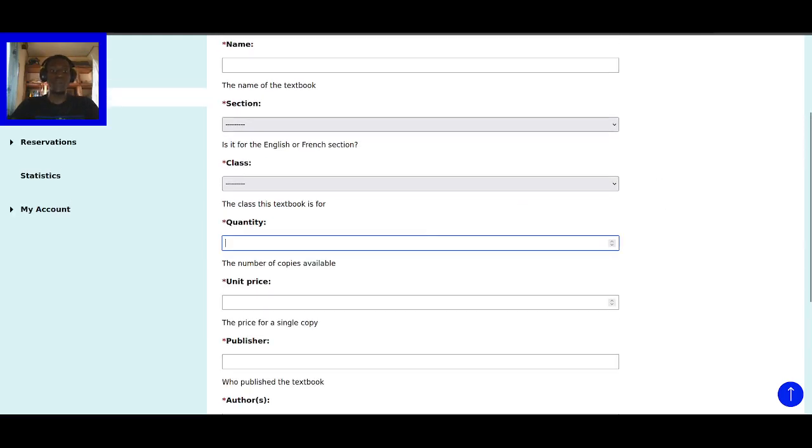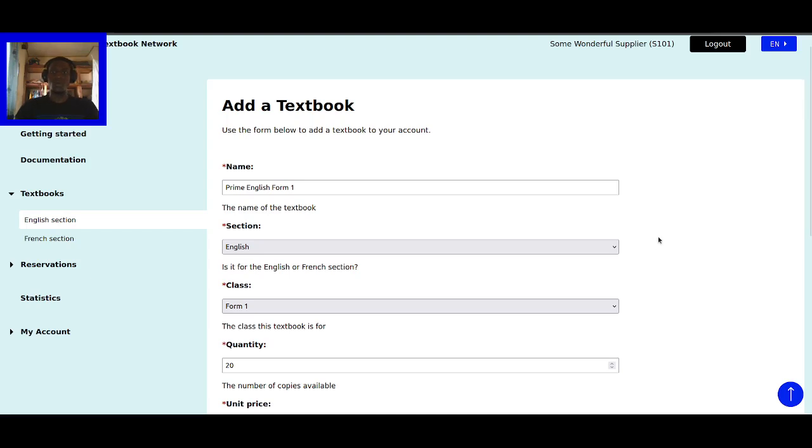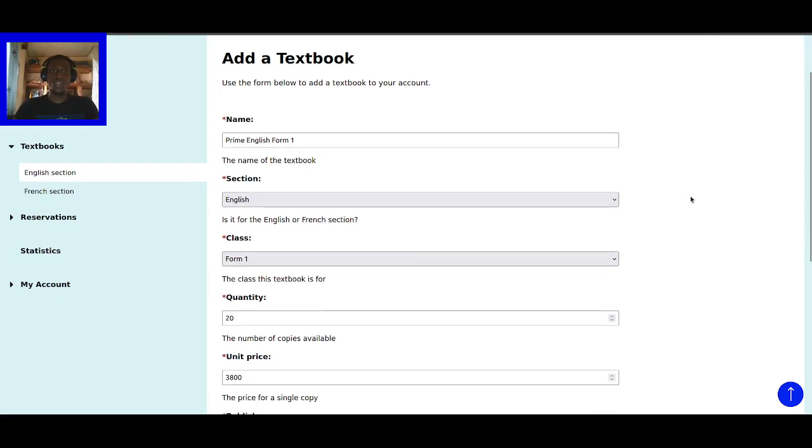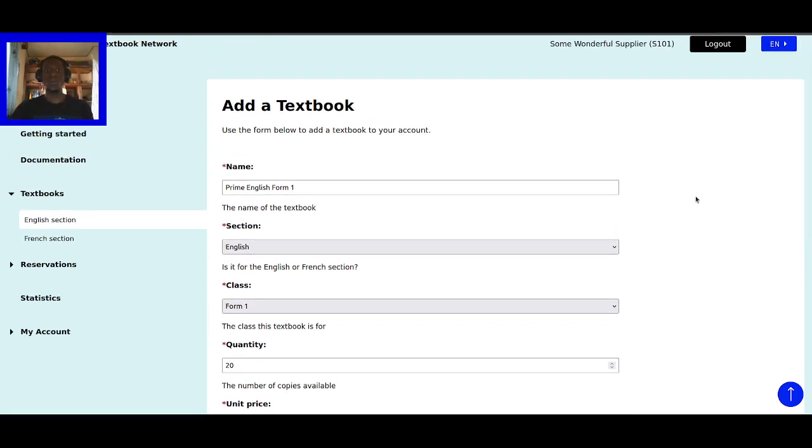So I am going to rapidly fill in this form, so that you can see what happens when you actually create a textbook information on the CTBN. Okay, now we are back and I have filled the form. Now, the information I use is the information of the English language subject from the official textbook list of